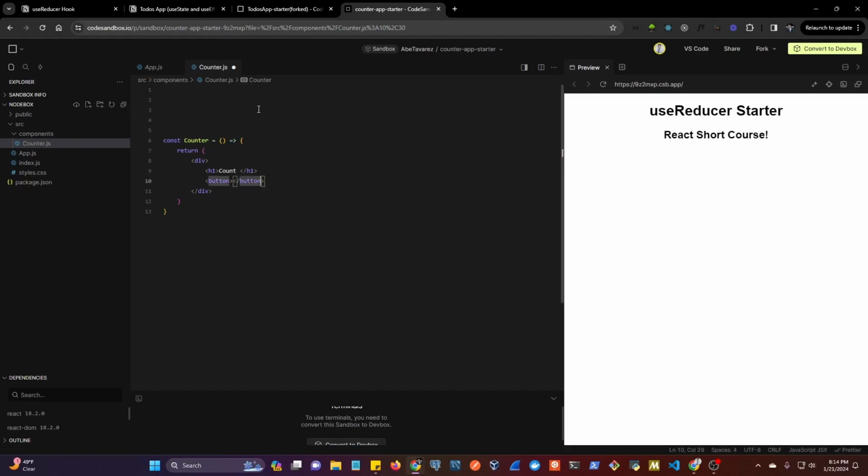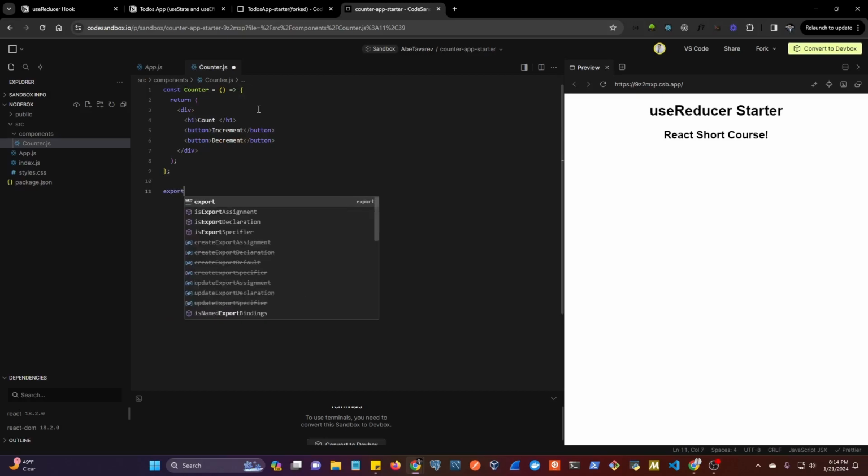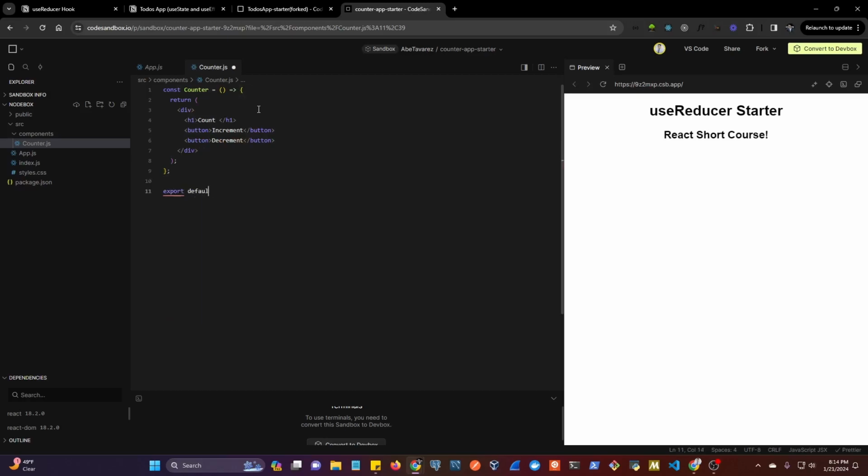And this one is going to say increment. And then let's copy that one down by holding Shift Alt down. And then you can do decrement in here. Let's export default the component at the bottom,